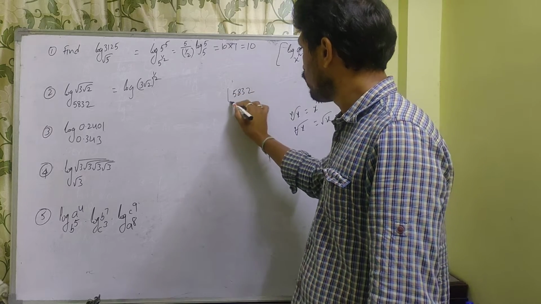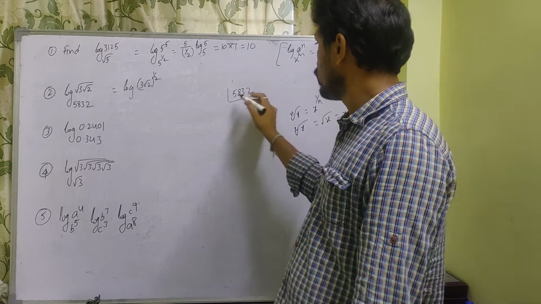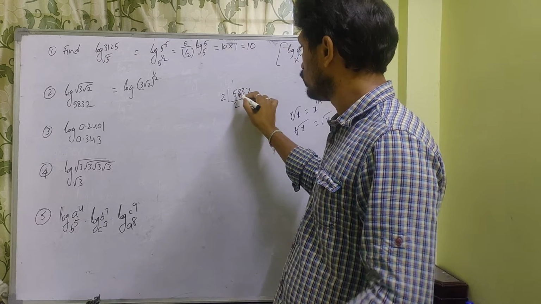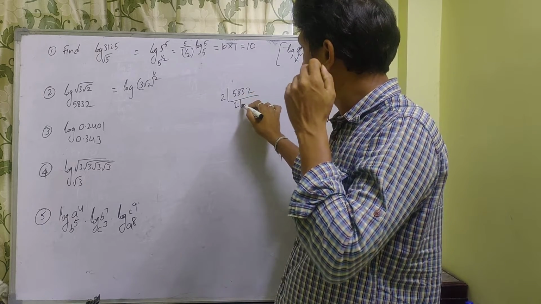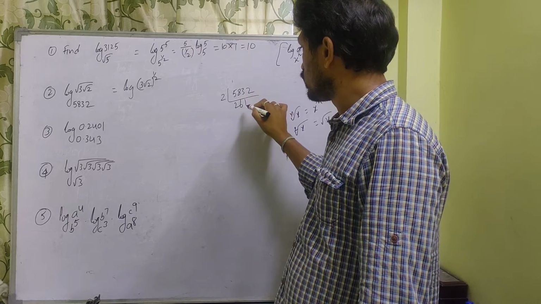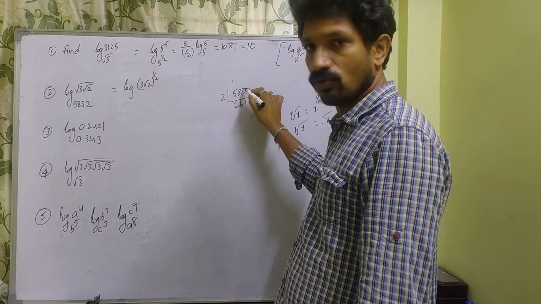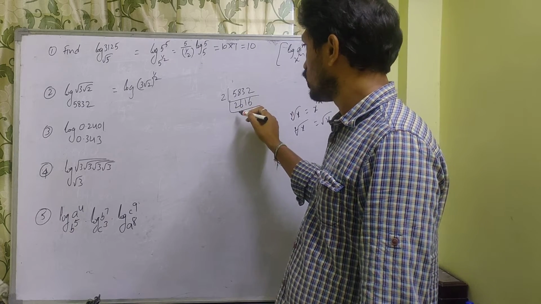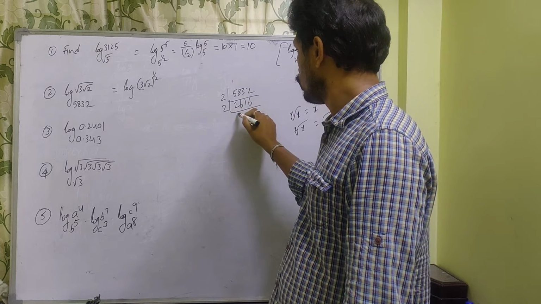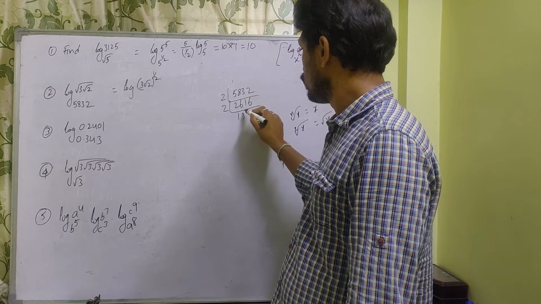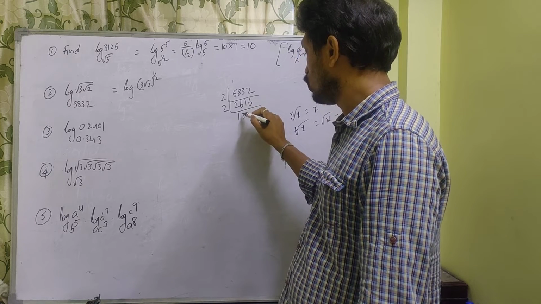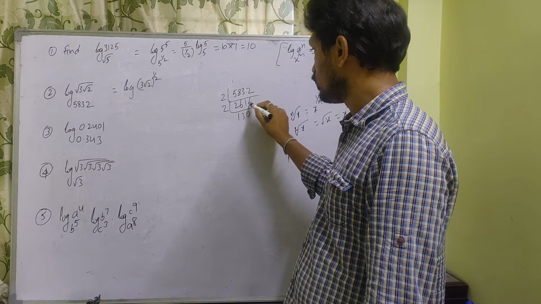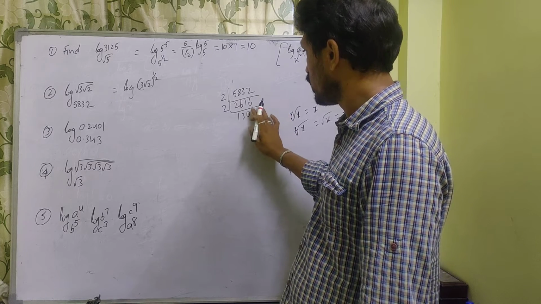Okay, 5832, just prime factorize. 2 is going, so how many times? 2 2s are 4, 6 2s are 12, 2 1s are 2, that is 18. Again 2 is there, so that is 2, 1, 3. 1 is not going, so that is 0. Directly you can take 1 6.